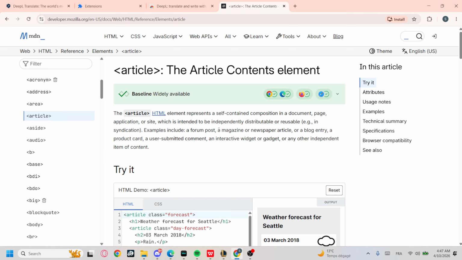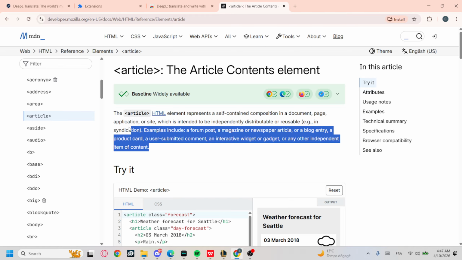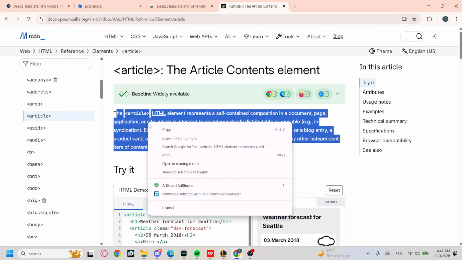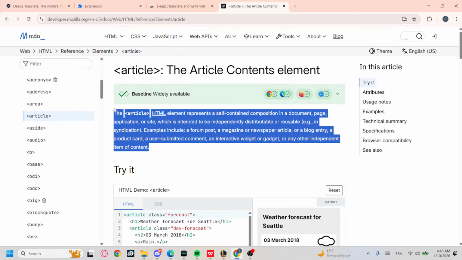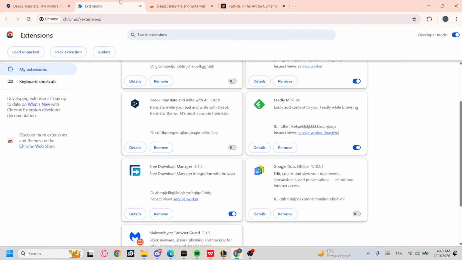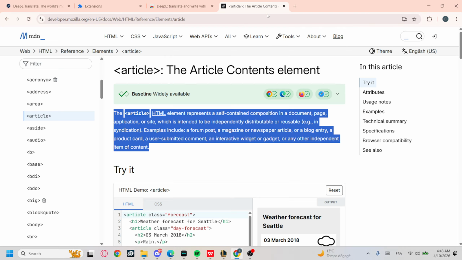Okay, so if you can't see it, you will need just to right click it and then go with DeepL that you can find right here. So let's say that you can't visualize it. All you need to do is to go back to the extensions tab and then just turn it on. Okay, and now as you can see, when you select the text,